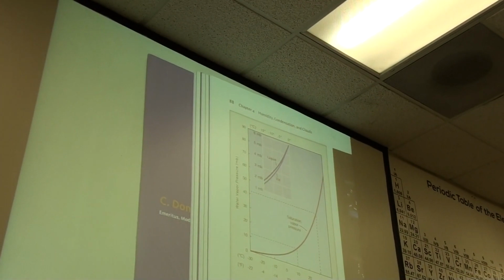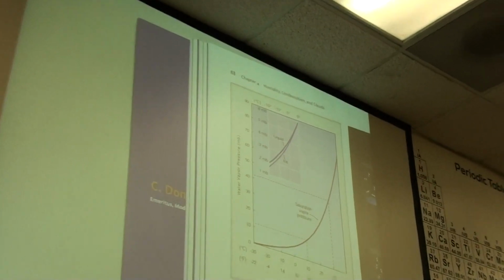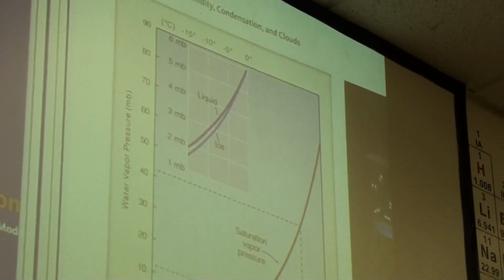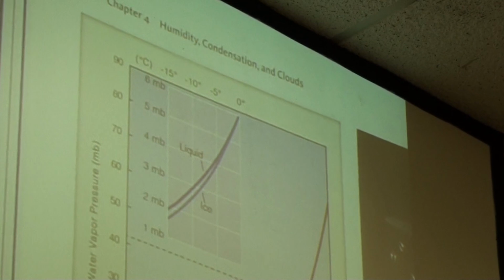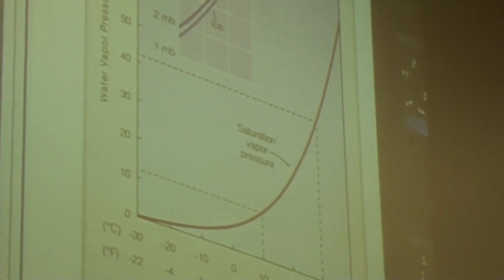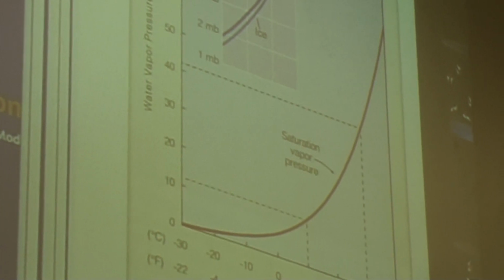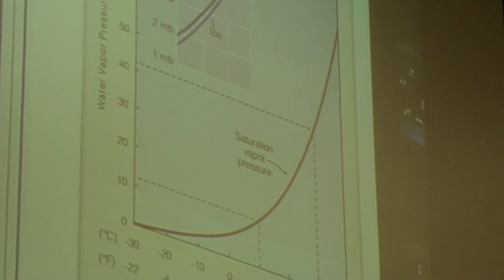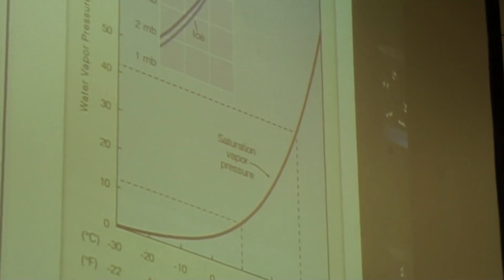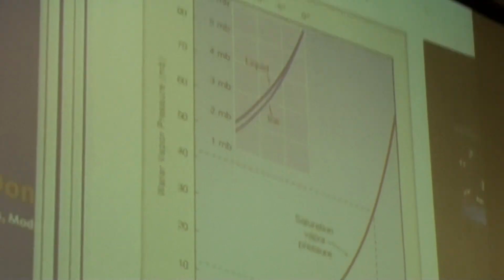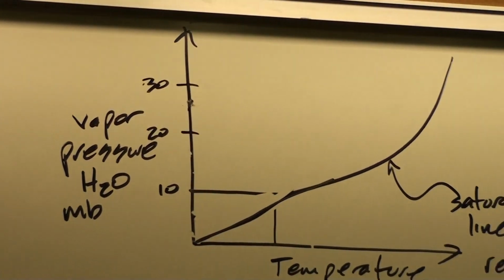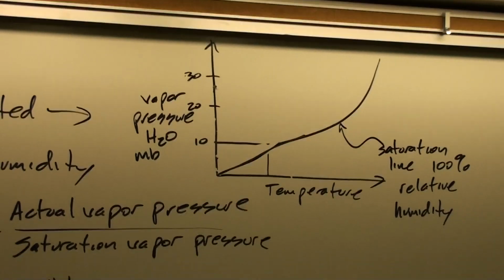So this might be 0, and this might be 10, this might be 20, this might be 30. So it's a few tens of millibars is the portion of the total atmospheric pressure that is associated with the